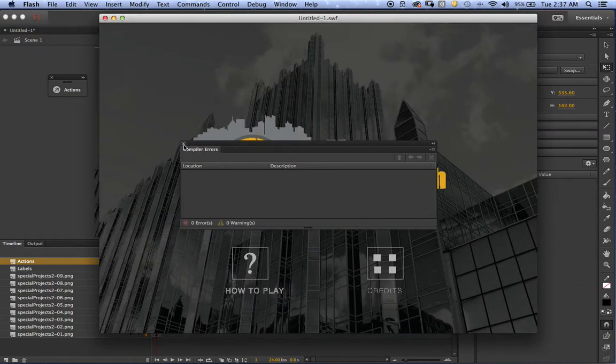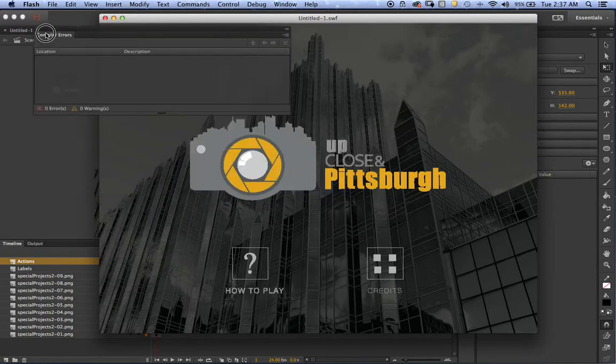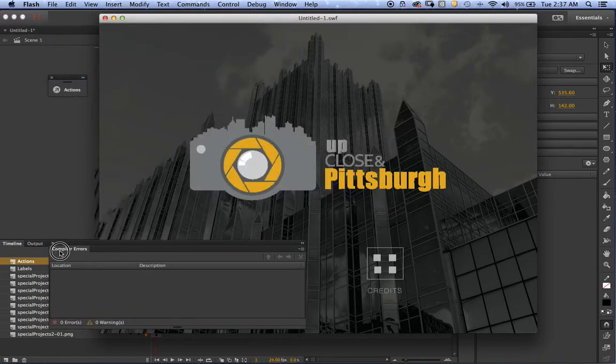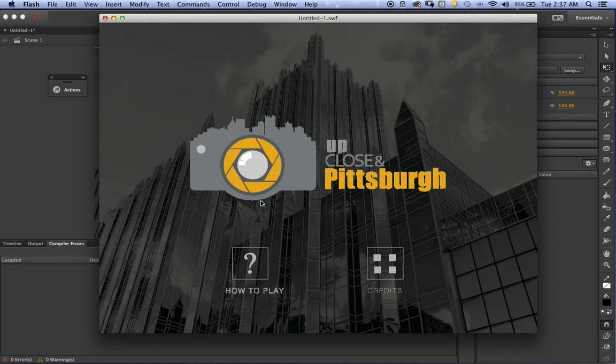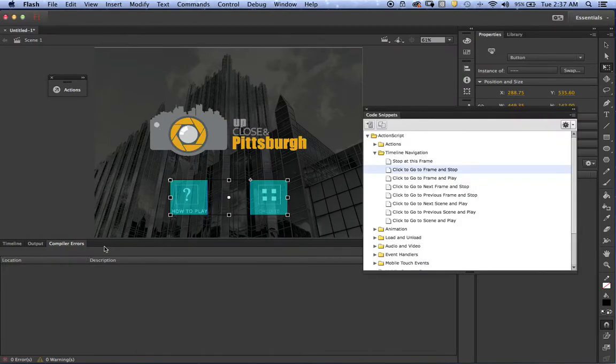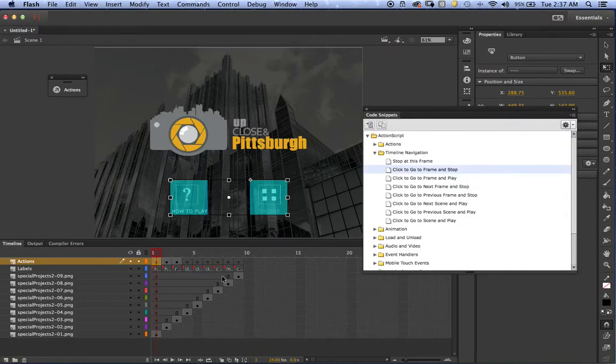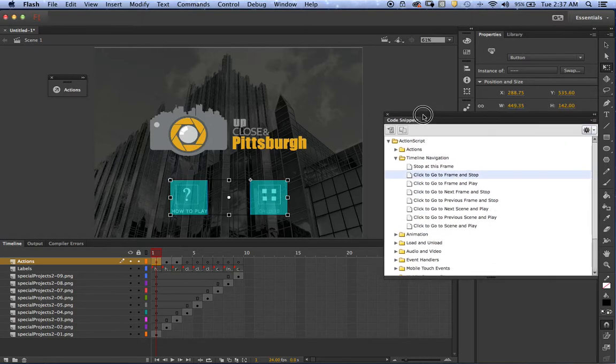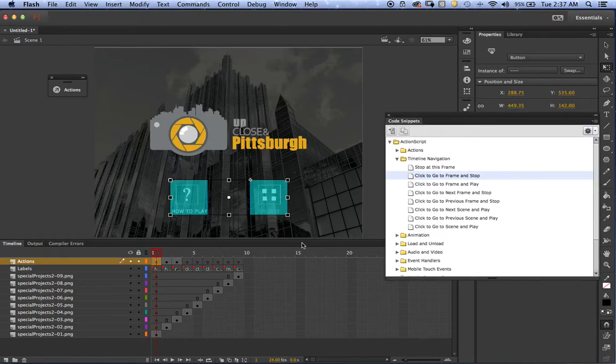And I can see there are no compiler errors this time, which is good. I'm going to drag this into my screen here just so that it always stays. We can see that that goes to the credits, so that's working. So the benefit of testing out all the buttons as you go, or at least screen by screen, is that if you do make some errors, you're going to be able to quickly track them versus having your file have all of the errors in, and I have to troubleshoot errors ending up on like